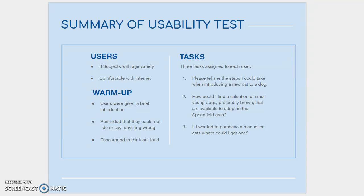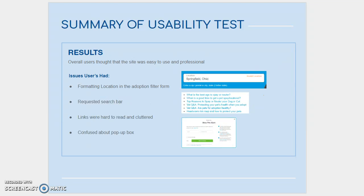We were mainly testing the site and not them. They were asked to tell me the steps when introducing a new cat to their dog, how I could find a selection of small young dogs, preferably brown, that are available to adopt in the Springfield area, and if I wanted to purchase a manual on cats, where could I get one? So overall, the users thought that the tasks were pretty easy to do, but here's some of the issues that